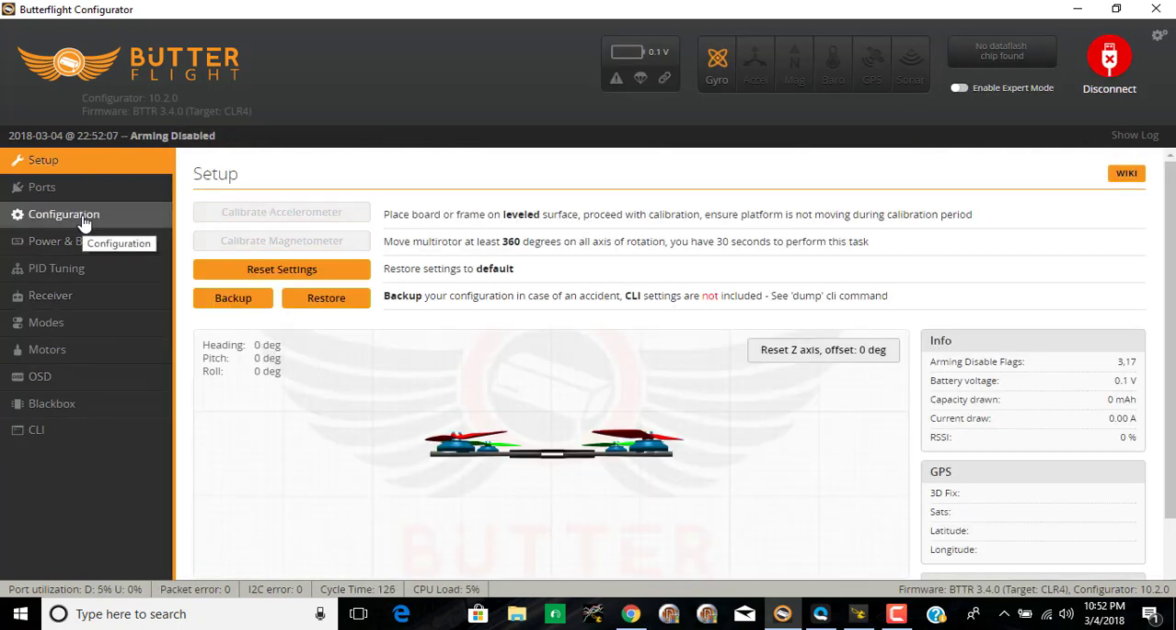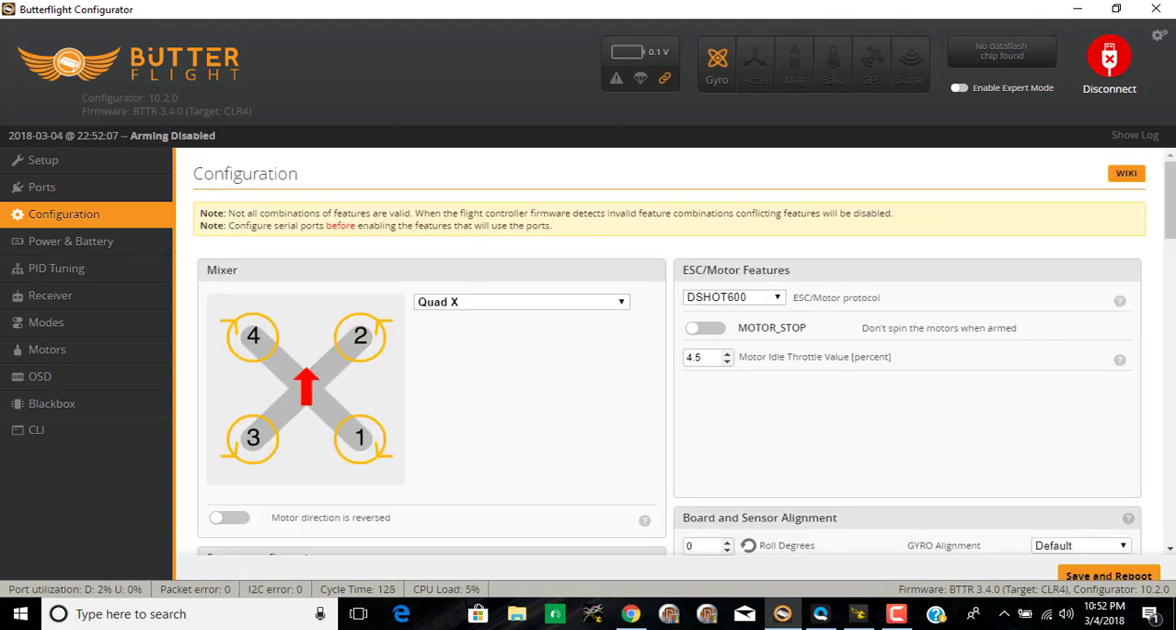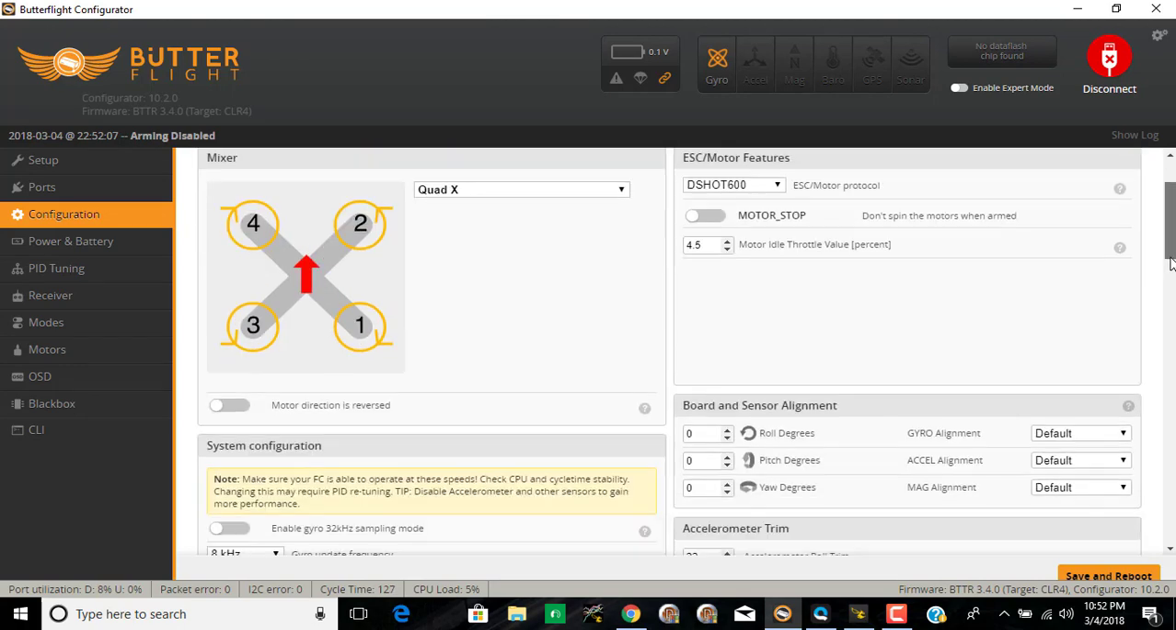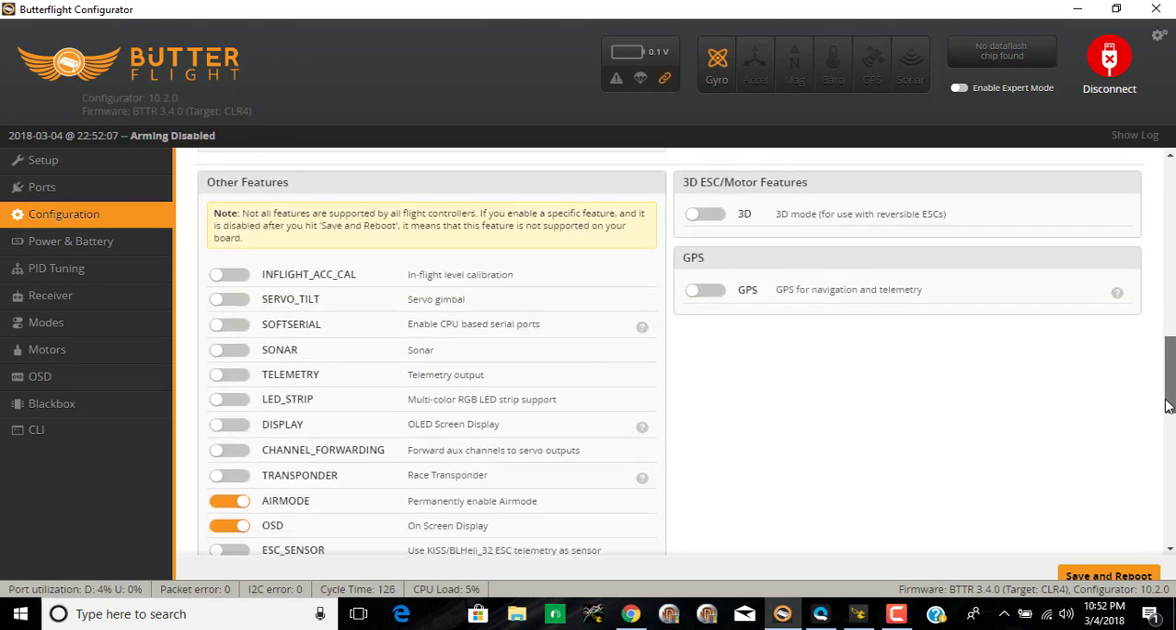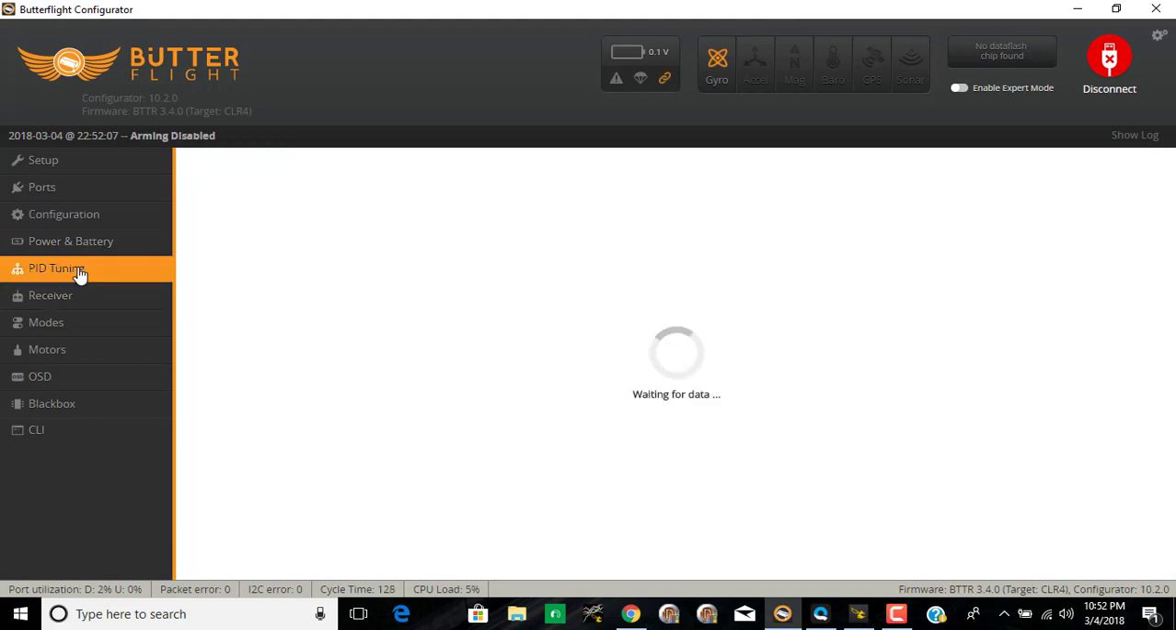So you go to configuration, okay, go to configuration, go down here, that's where I check it at, and you can see all those are already enabled. Air mode, OSD, anti-gravity, dynamic filter. Then go over to PID tuning,